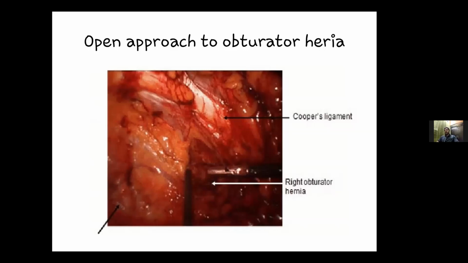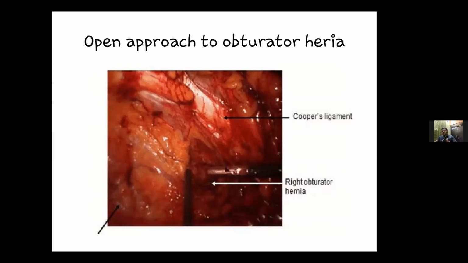So next it is the open approach to the obturator hernia. In the open approach to the obturator hernia, usually the incision is made in a laparotomy fashion, and the patient is placed in a Trendelenburg position. Usually the constricting factor here is the obturator fascia, which makes reduction of the hernia difficult, in which case a lateral incision can be placed along the nerve and vessel to reduce